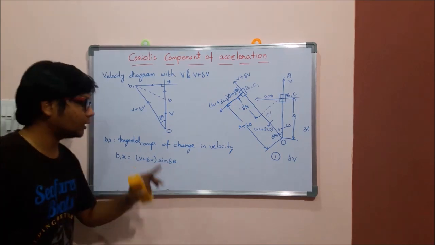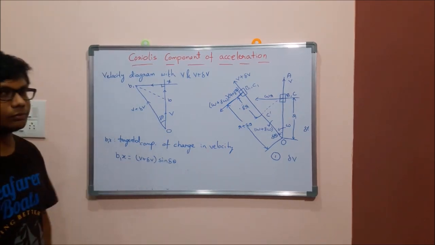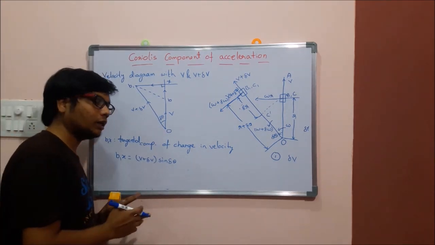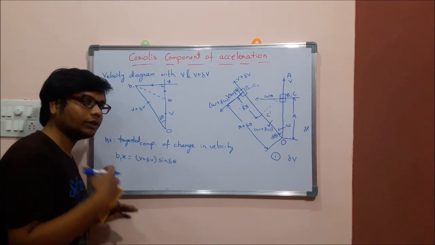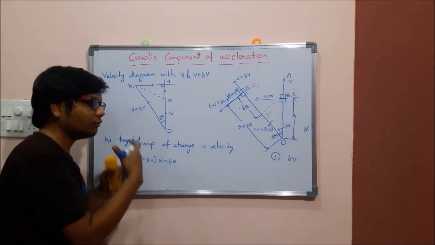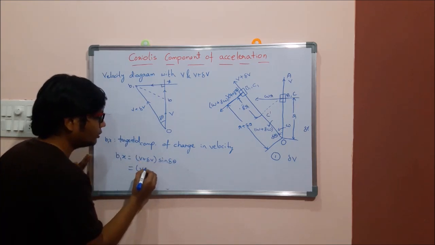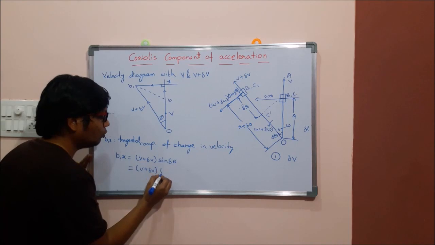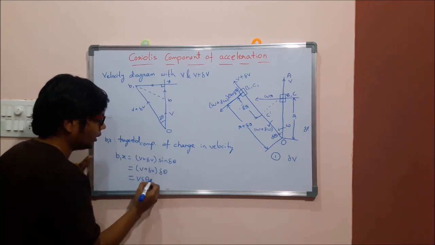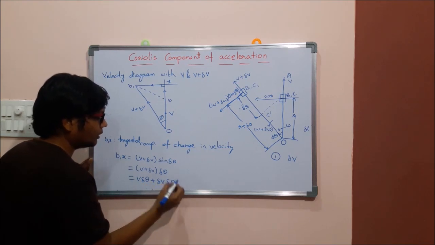Here again delta theta is very small. Here you should not assume this delta theta as 0, then the entire term becomes 0. But when it is particularly related to sine theta, it should be equal to theta. When theta is very small, sine theta should be equal to theta only. So here delta theta is very small, we can write it as delta theta only. So try to write v plus delta v into delta theta. Now take the delta theta inside, v into delta theta plus delta v into delta theta.